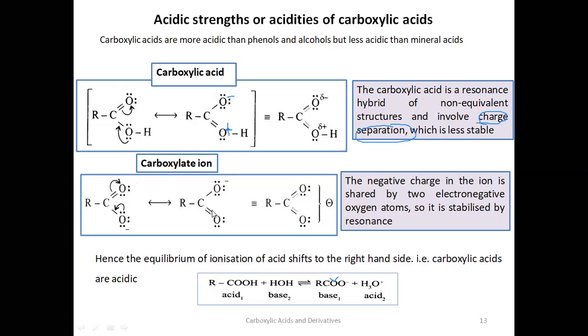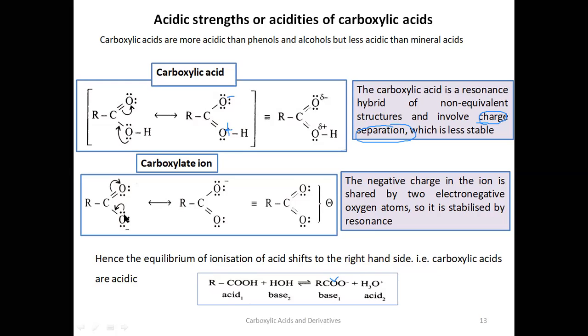If you observe these resonance structures, is there any charge separation like this? Here you can observe the charge separation. There is a negative charge, there is a positive charge. Whereas here you can see only a negative charge, and that is shifting between this oxygen and this oxygen. Here it is present in this oxygen. When you write the resonance structure, this negative charge has shifted to the other oxygen here. See here. This negative charge is distributed between this oxygen and this oxygen. In one resonance structure it is present here, in the other resonance structure it is present here. It means the negative charge is distributed between these two oxygens.